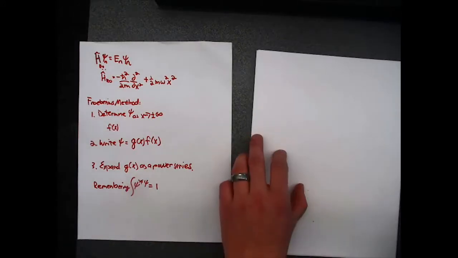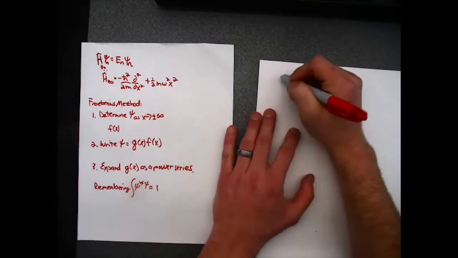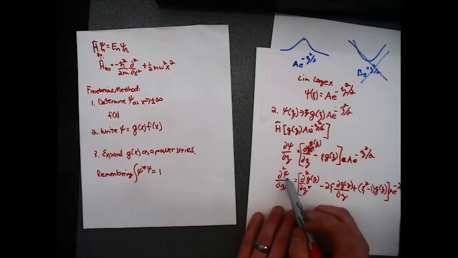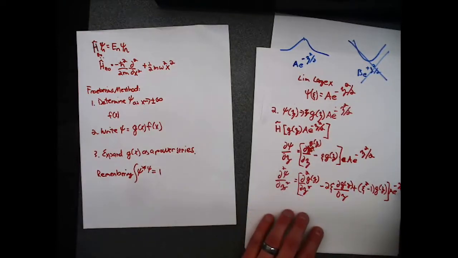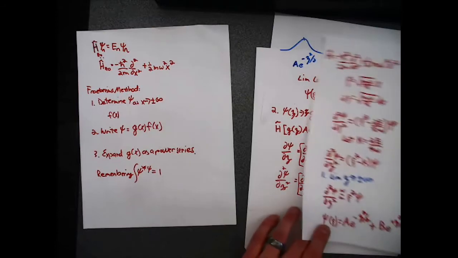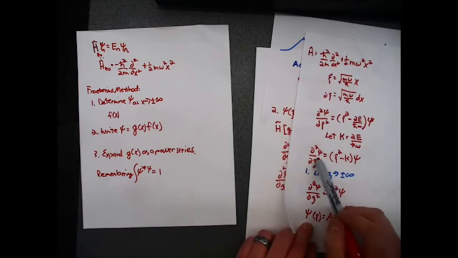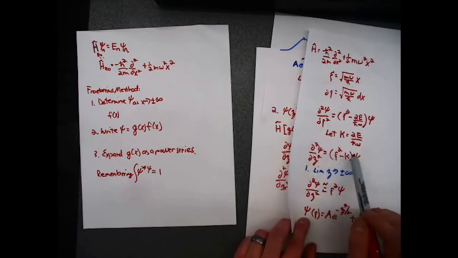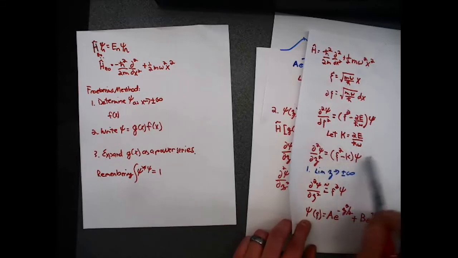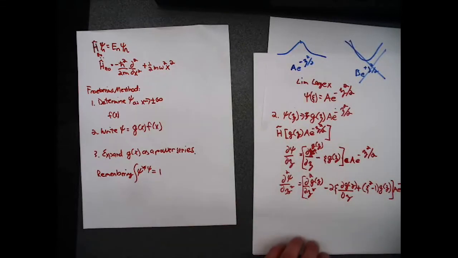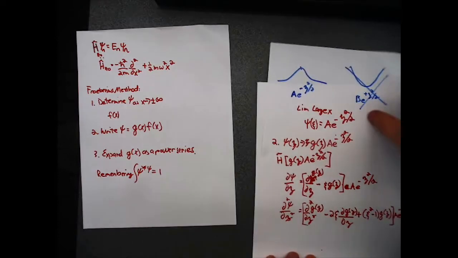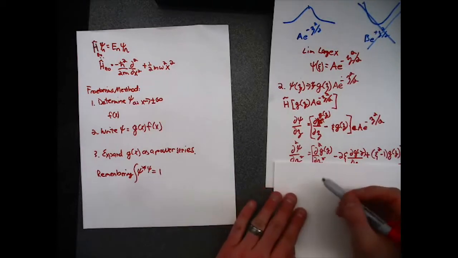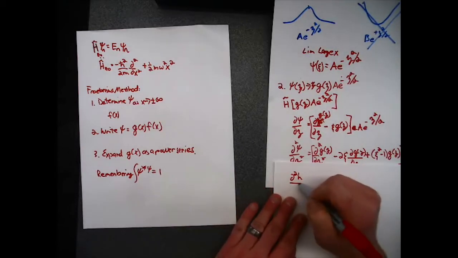So now that we know what our second derivative is, we can plug that back into our Schrodinger equation. And hold on a second, while we're back on here. You'll notice that when we take the second derivative, this Gaussian component stays out here. And so if we go back to our original Schrodinger equation, we can take the second derivative with respect to c, and then take this to the other side, and when we subtract this, this has to be equal to 0. But that Gaussian component is never going to be equal to 0. And so when we put this back into our Schrodinger equation, we can write down that the second derivative